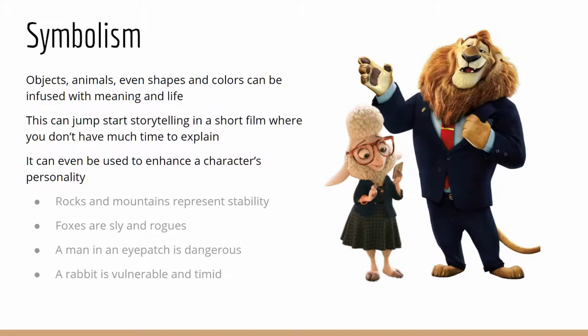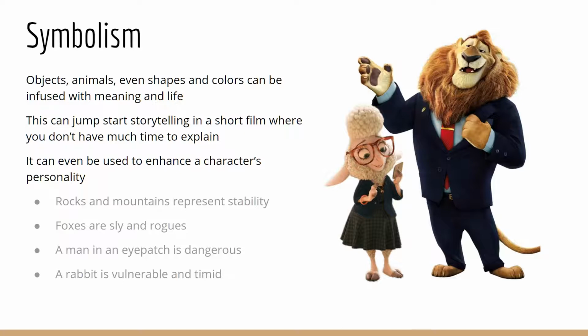So, for example, on the right, we have two characters from Zootopia, the mayor and his secretary, Bellwether. These characters were very purposely chosen as these animals to embody these ideas that we have, right? Because we associate these certain traits with these animals, and then they're matching those up with the roles they play in the film. So in this case, the lion is the mayor of the town, because he is a lion. Since he's a lion, we expect him to be courageous, brave, a natural leader, and top of the food chain,